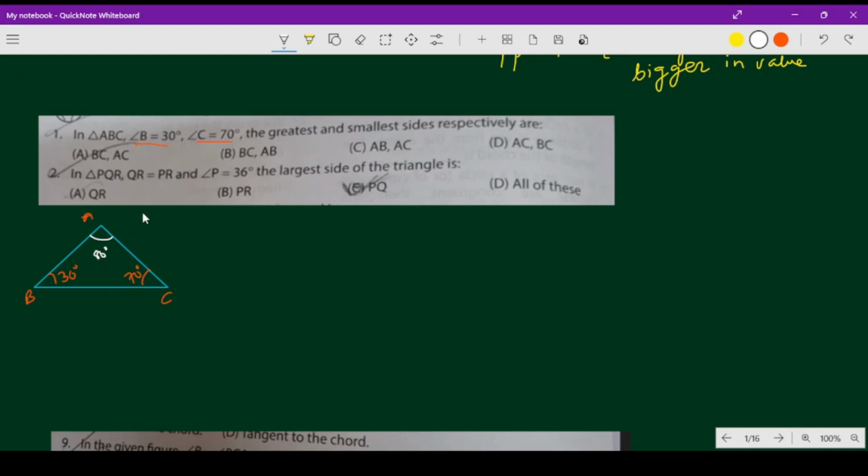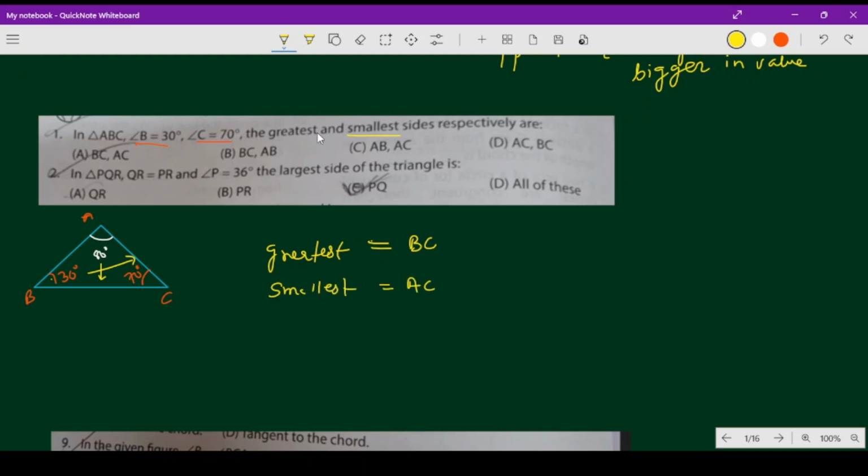Now here the greatest side will be the side opposite to the biggest angle. So out of these angles, which one is bigger? The one which is angle A, right? Its value is 80 degrees. The opposite side is BC. So the greatest one is side BC, and the smallest one is the side opposite the smaller angle. The smaller angle is 30, which is angle B. The side opposite angle B is AC. So the smallest side is